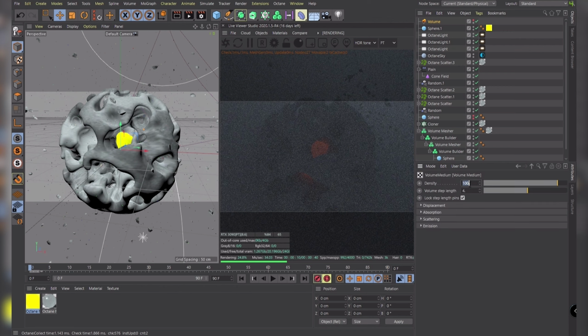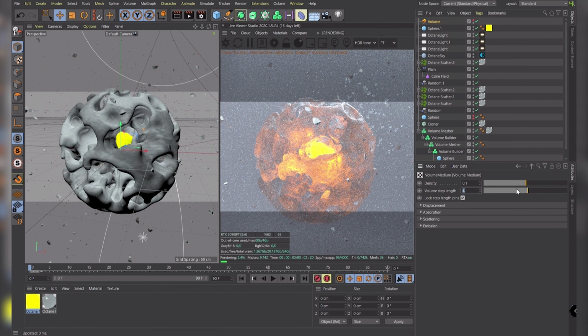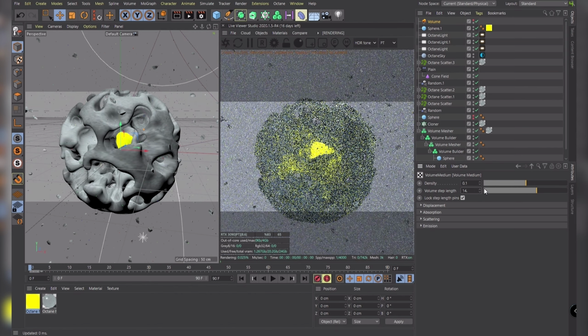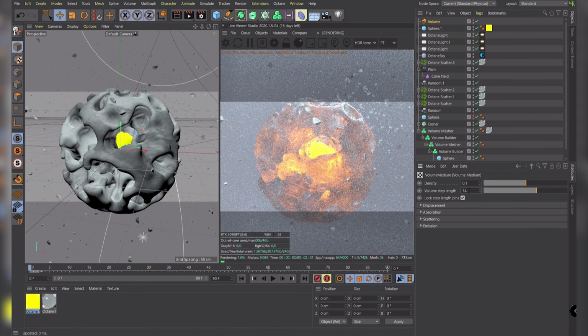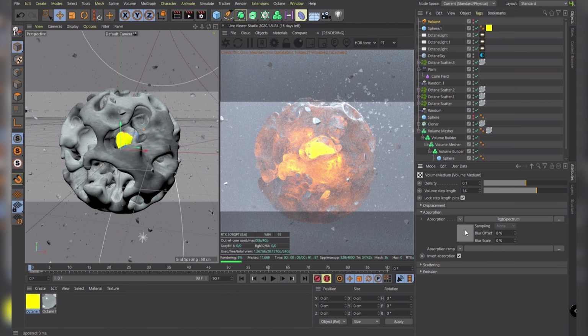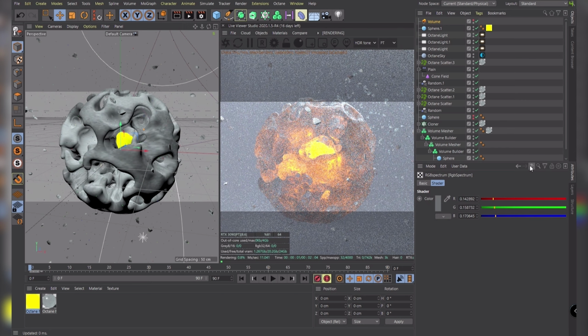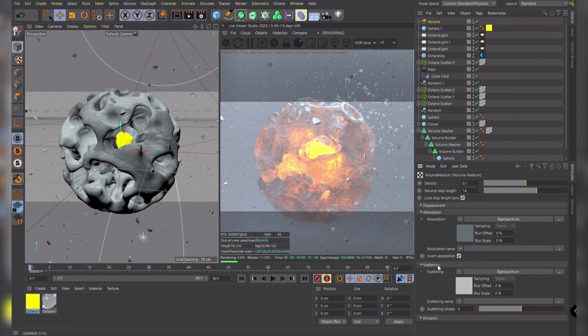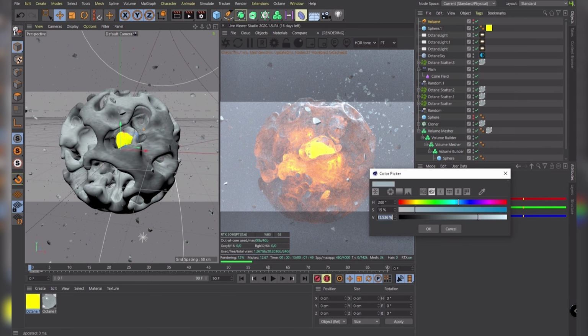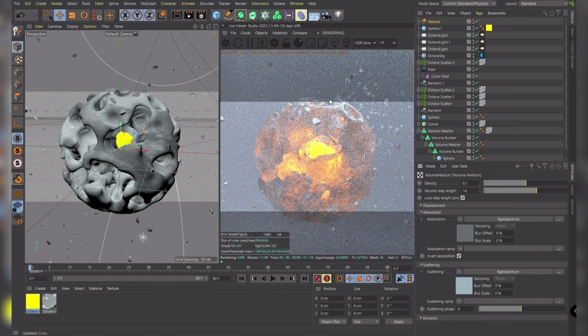Let's go to medium and inside of the volume medium. And of course we don't need this to be this dense. So let's go with 0.1. And also the step length can be a bit larger. That makes it a bit easier on the computer. So let's go with 14. I'm also going in the absorption. Right now this is set to gray, but I want this to be a bit more bluish gray. Let's also go to the scatter color. And I'm also going to do the same kind of bluish color. So that makes everything a bit softer and gloomy.